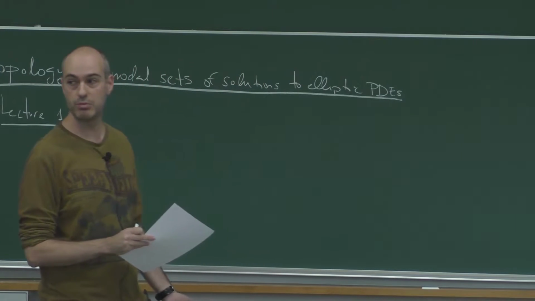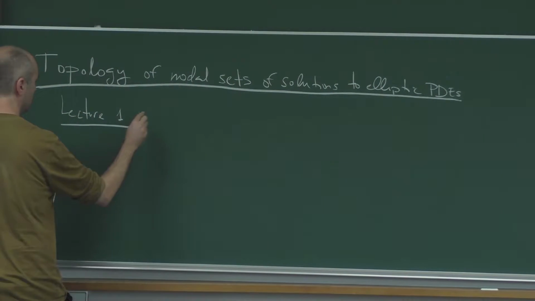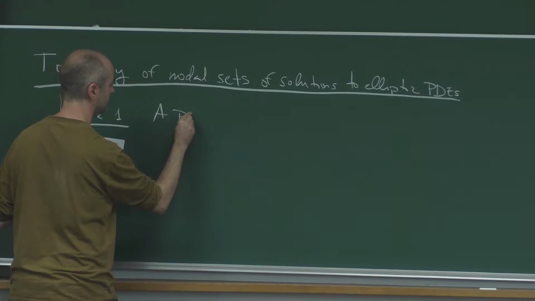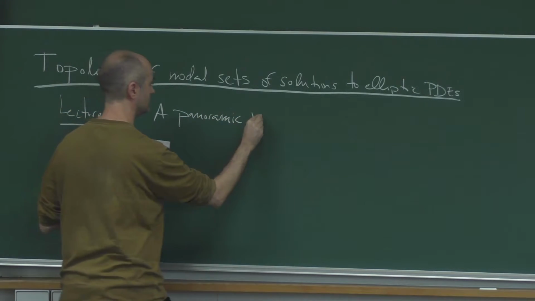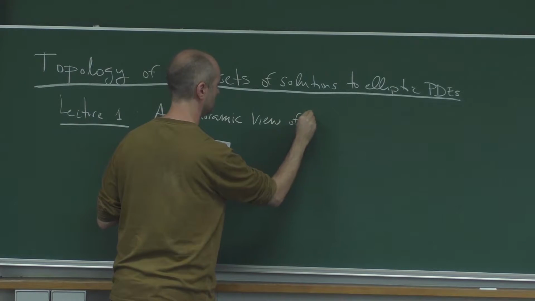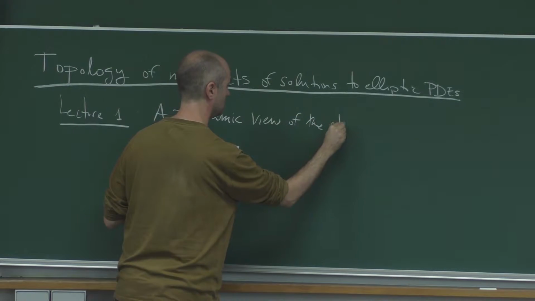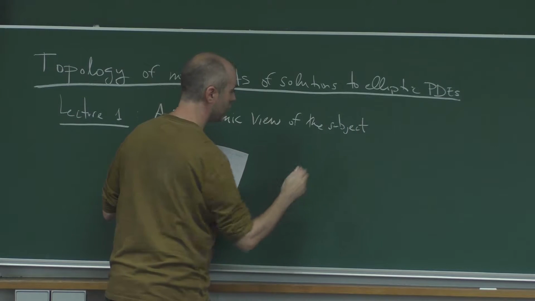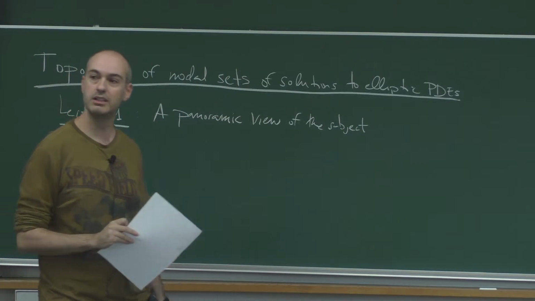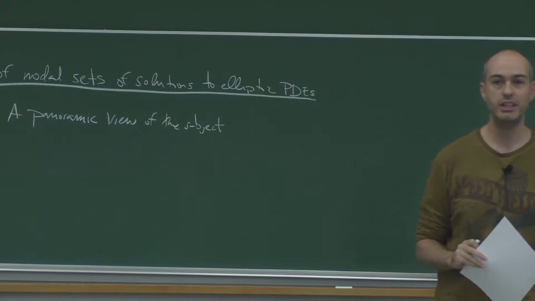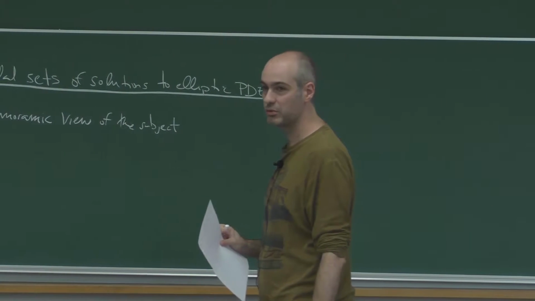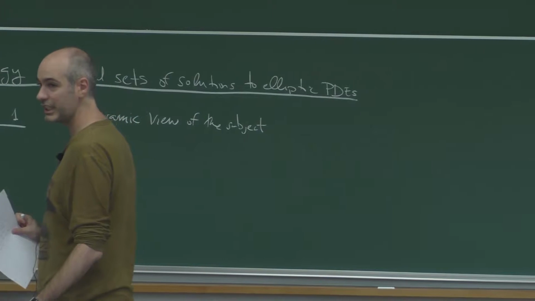It's a panoramic view of the subject. So this will be quite informal. I will state a few problems and also some informal statements of the theorems that I'll prove